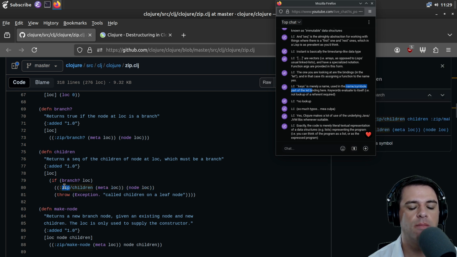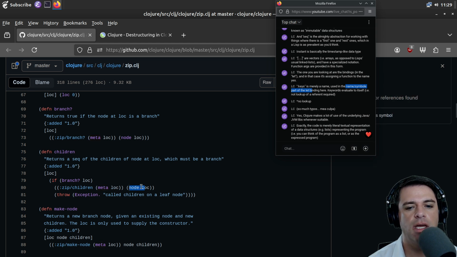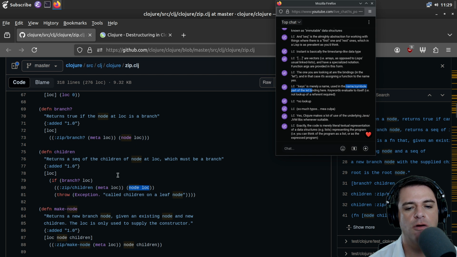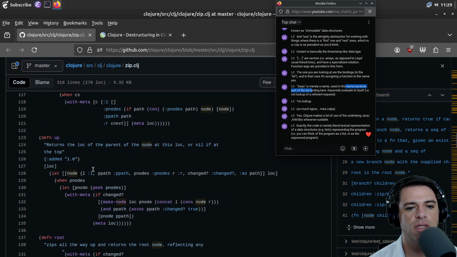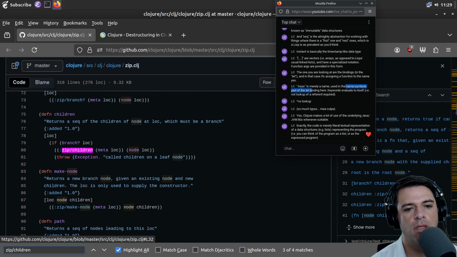So zip is the class or module that we're in, children is maybe the function on it. We'll call meta on the loc, I guess getting the metadata, and call node on the loc, or create a node out of the loc, perhaps. And that's going to call the zip children function. I don't know how that's different from the function we just looked at, but it returns a seq of the children.